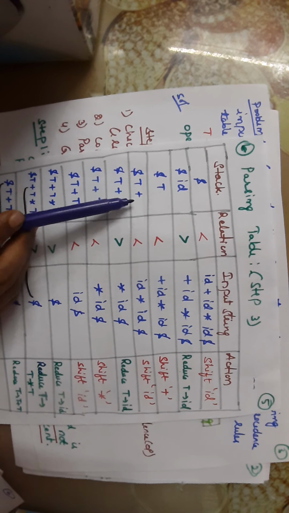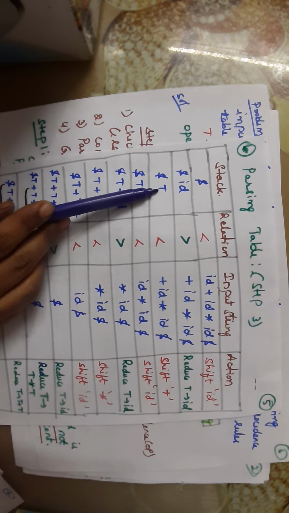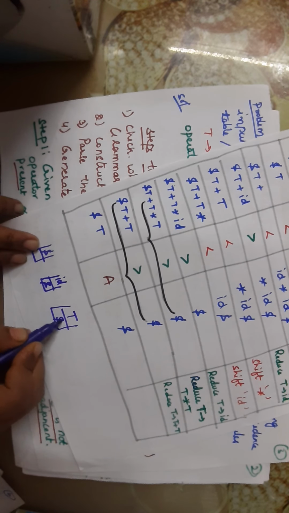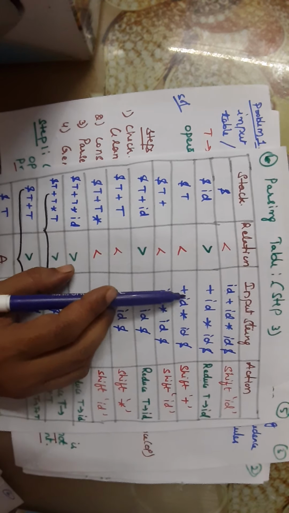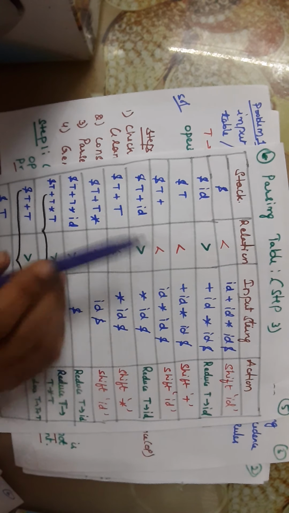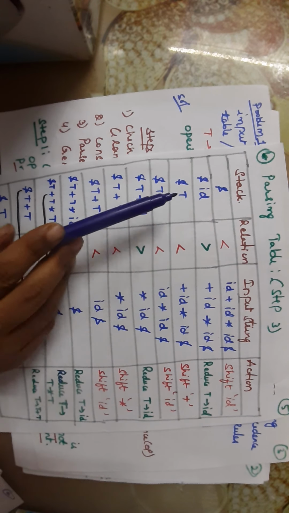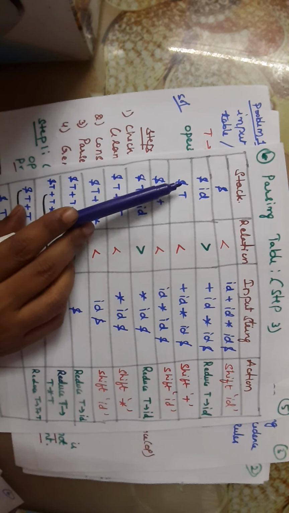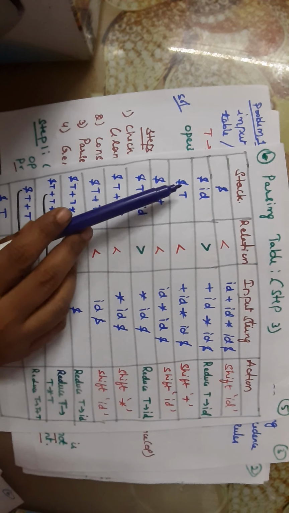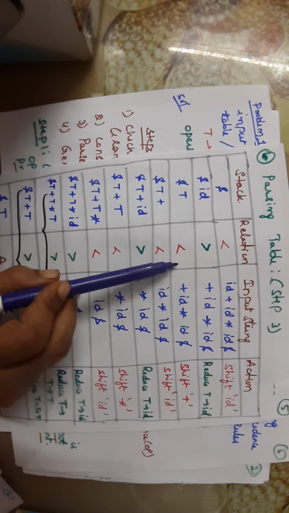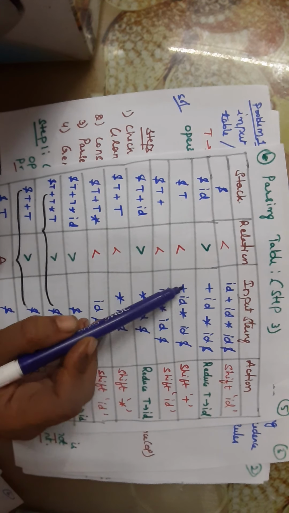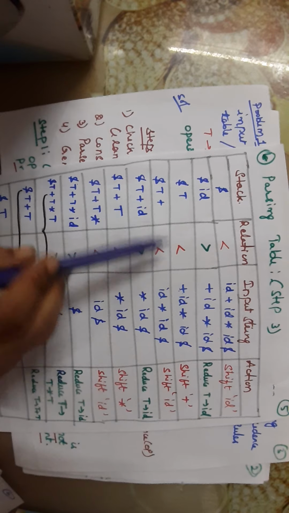Then we go for comparison of T with the topmost symbol now in the stack. When id is reduced, we get dollar and T. Now we would have to compare the variable T with plus, but in operator precedence we never compare the non-terminal with the plus operator. We always compare the terminals only. Among these two, dollar is the terminal. Now we compare dollar with plus. Dollar is always less than any symbol, so this is less. Whenever we get less, we shift the terminal in the input string onto the stack. So shift plus, the action is done and it is shifted.